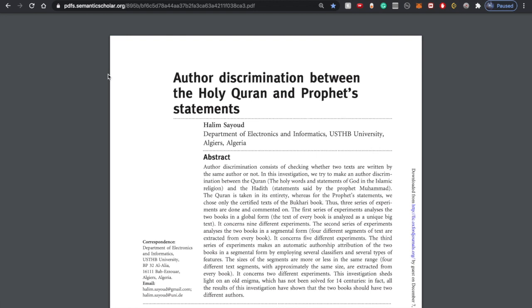We believe them to be the literal words of God. What are the Hadith? These are collections of the statements of the Prophet himself. So these are spoken by Muhammad himself. Right? So if Muhammad fabricated the Quran, if he made it up, of course we would expect that both have the same style, the same sort of vocabulary, the same language.